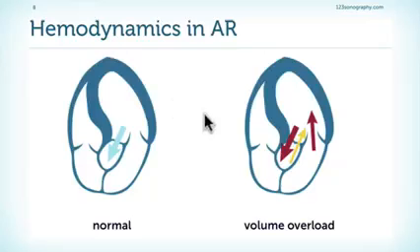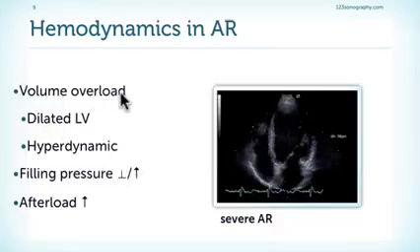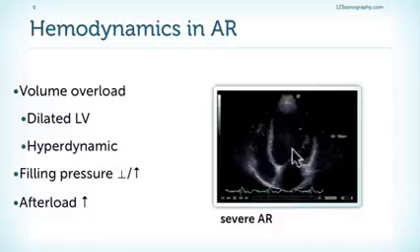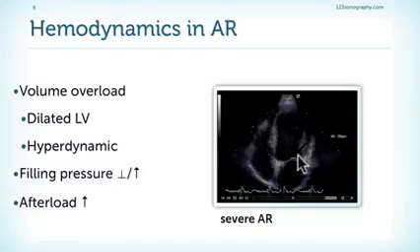What are the hemodynamics of aortic regurgitation? Well, the problem is that we have regurgitant flow coming back from the aorta into the left ventricle. This means that the left ventricle has to accommodate more volume. In addition, there's also more forward flow across the aorta because this volume again has to be ejected back into the aorta. So, in summary, we have a volume overloaded left ventricle, which is dilated, which is hyperdynamic, and if